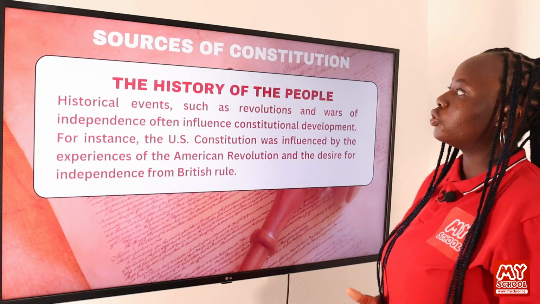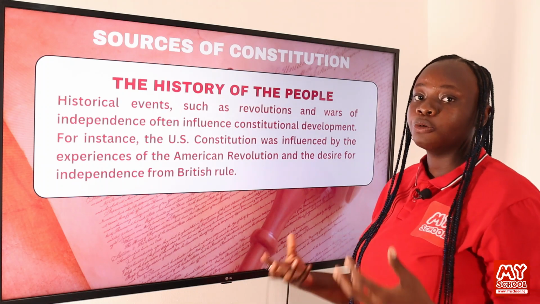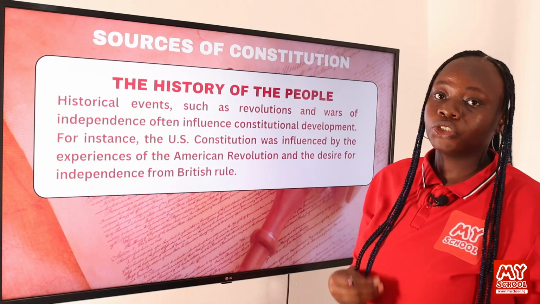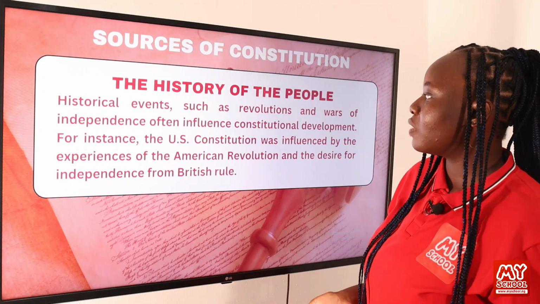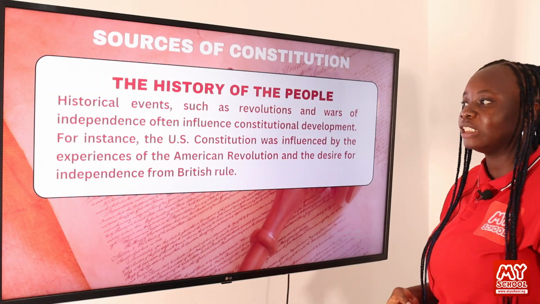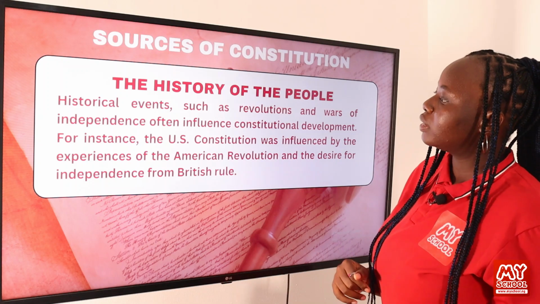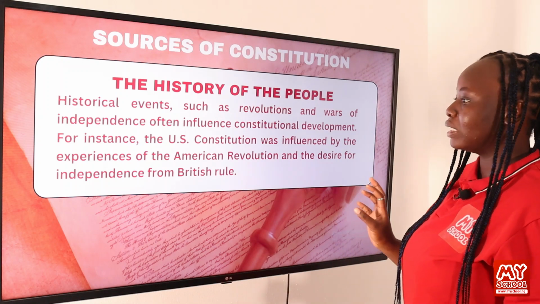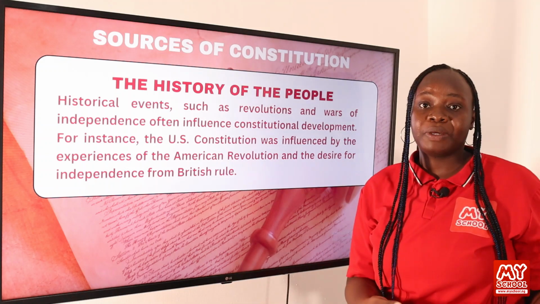All right, we're going to discuss the sources of Constitution. Where did all these laws within the Constitution originate from? So one of the sources of the Constitution is the history of the people. So historical events such as revolutions and wars of independence often influence constitutional developments. For instance, the US Constitution was influenced by experiences of the American Revolution and the desire for independence from British